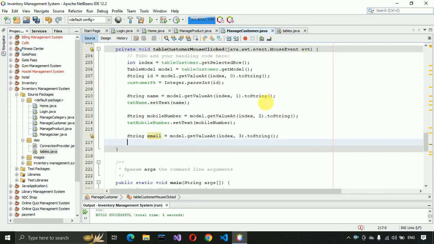Let me scroll a little bit, and txt email dot set text email,